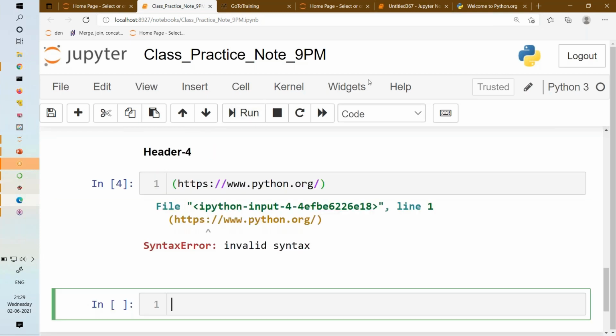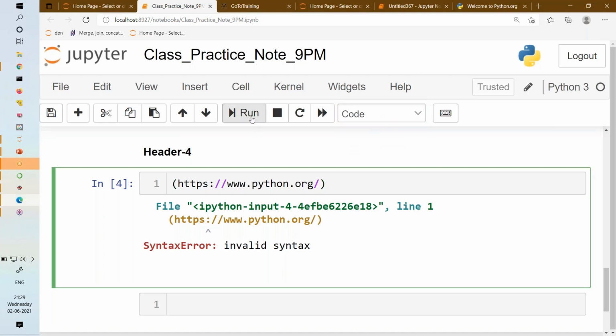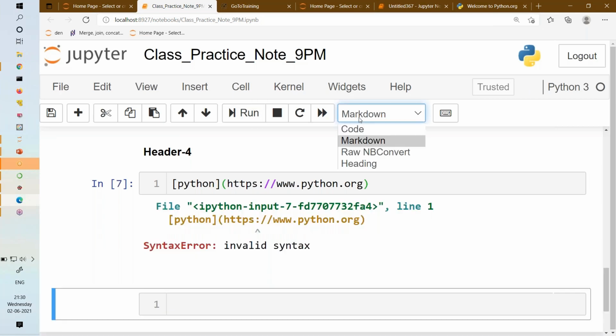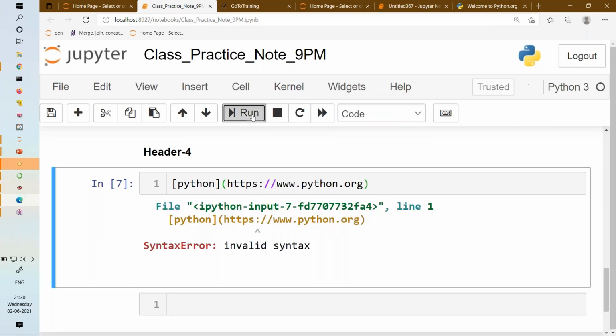And then if I run this, sorry, this is not in markdown mode. This should be in markdown mode. And then if I run this, I think there is a syntactical error. python.org. Simply if I paste that, okay. Python, right? That is not the bracket it should be. Yes, it's in markdown mode, I think. So I think I'm doing some silly mistake.